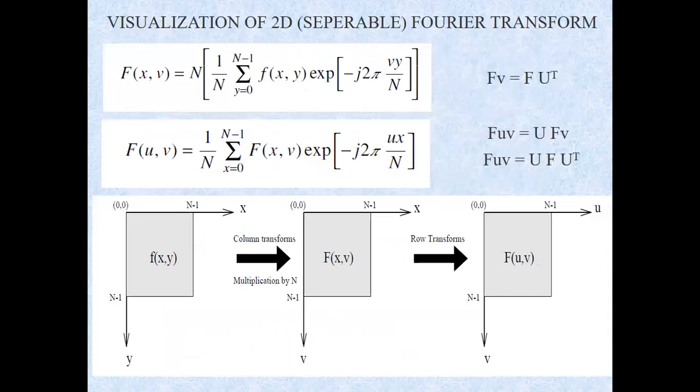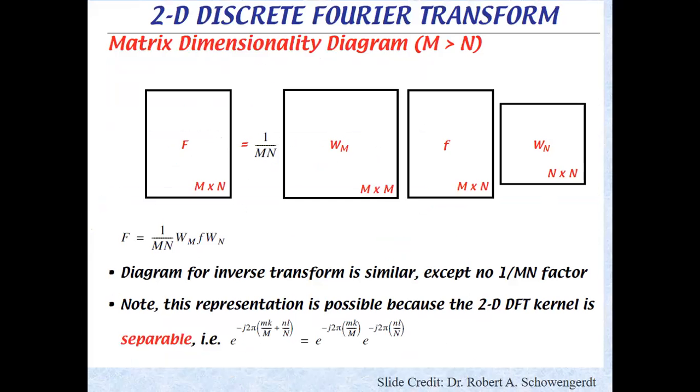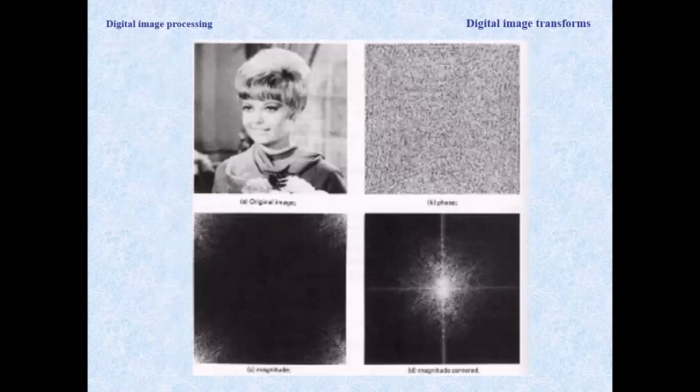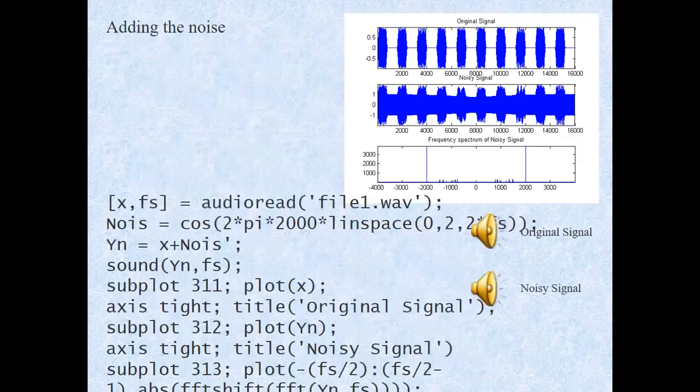Okay, so I will skip these things. These you can understand from the slides itself. There are other, as I said, separable transforms. You can first transform across the row and then across the column. So I will skip these things. I think you have seen this in previous classes.